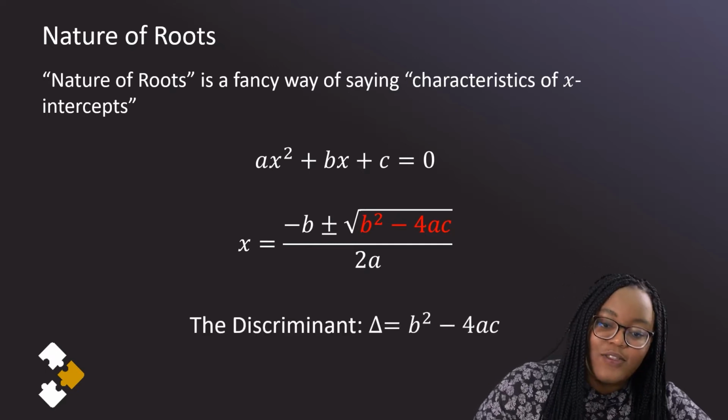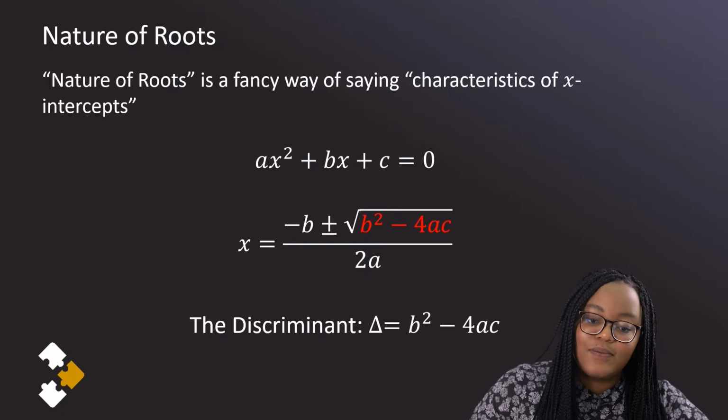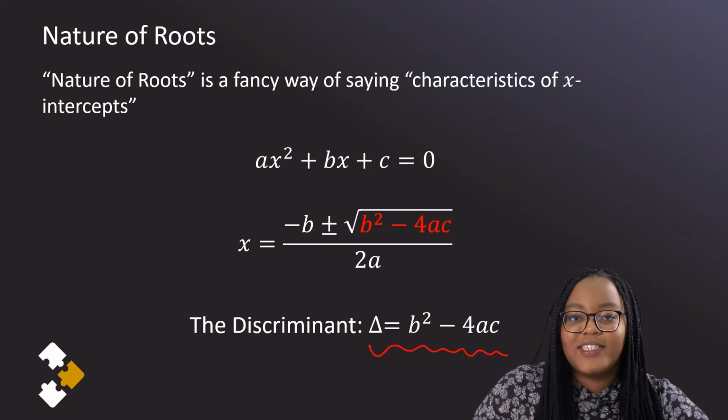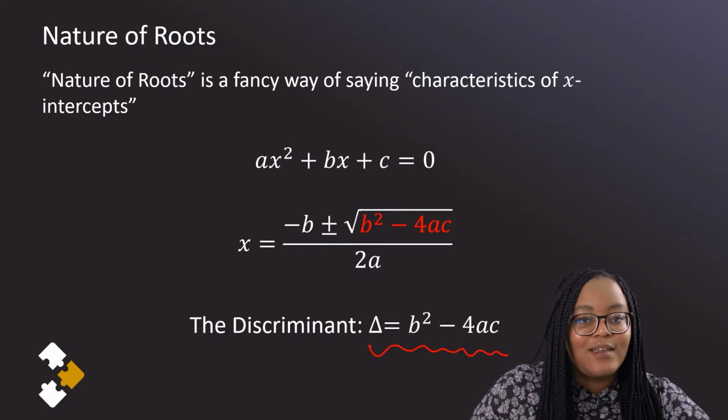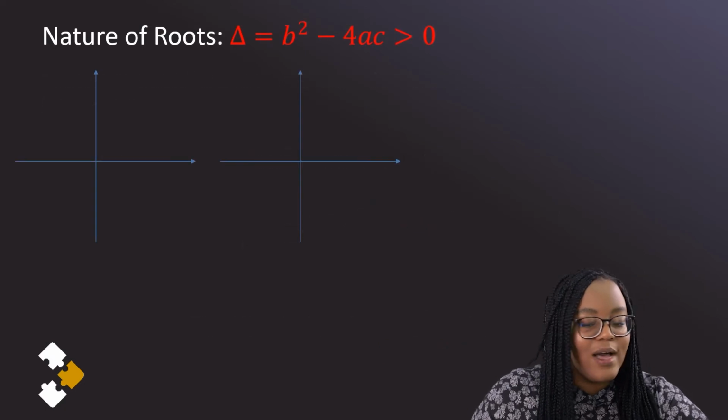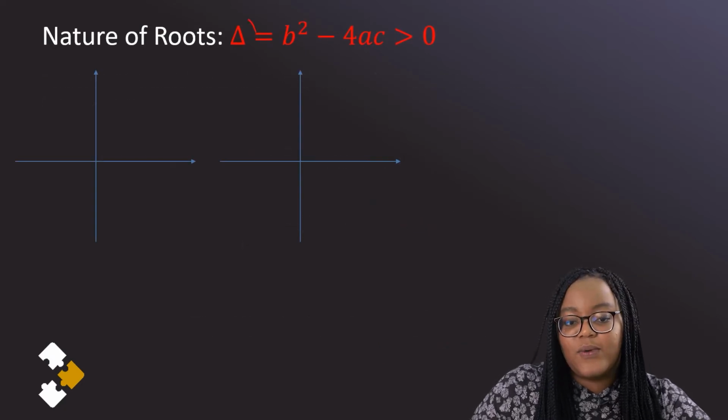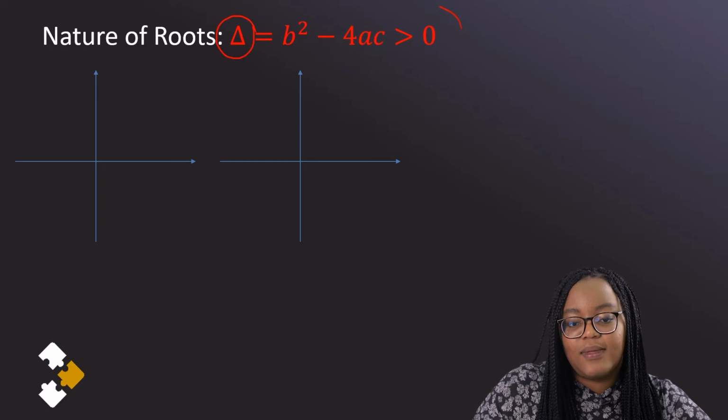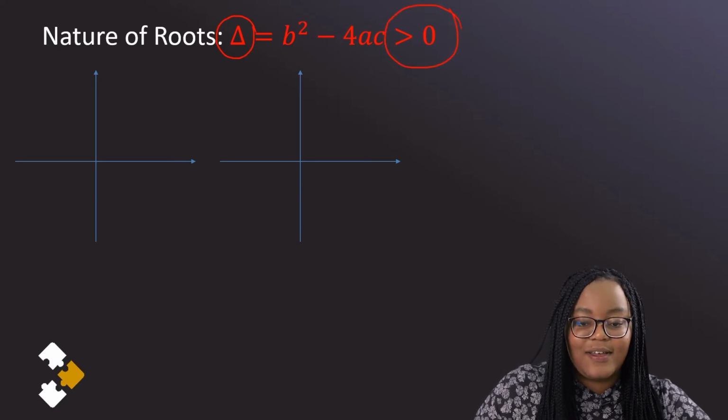That which is underneath the root sign is called the discriminant, otherwise known as delta. Okay, let's see how our roots are described. When you have delta being greater than 0,